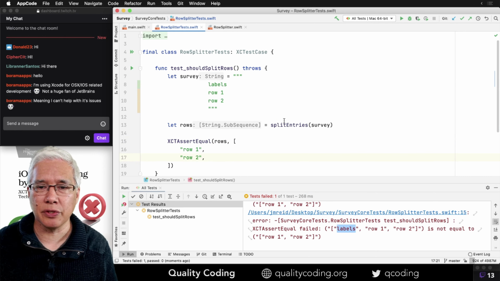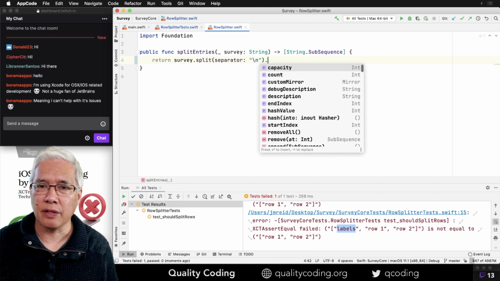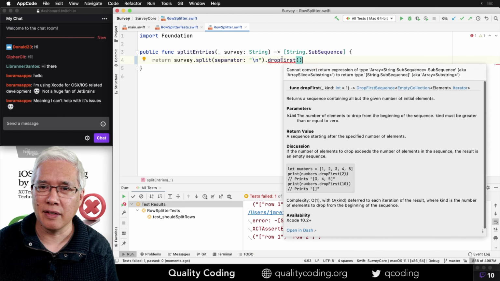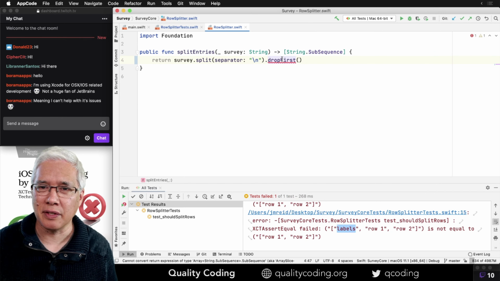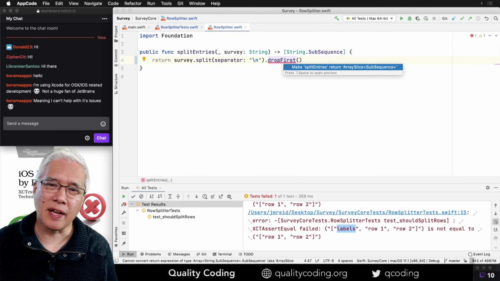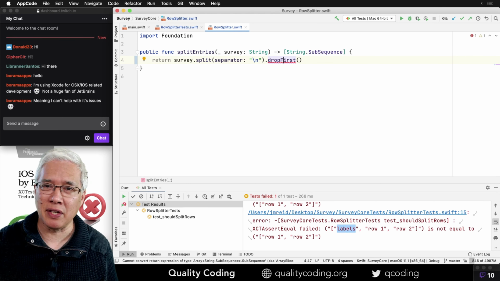So now let's return to our function. And I'm going to try, let's see if this works. It didn't like that. I faced this last time where the return type, I thought, would be an array of strings.